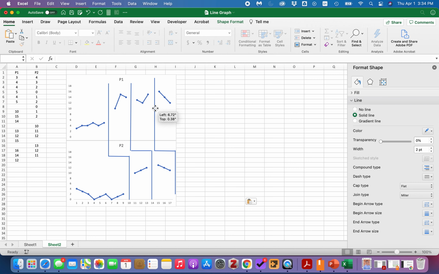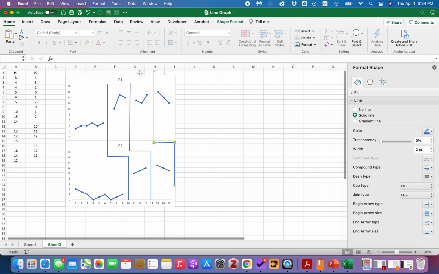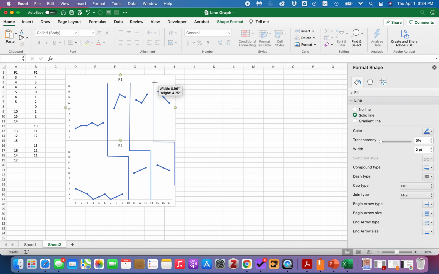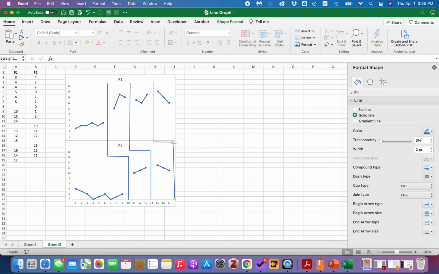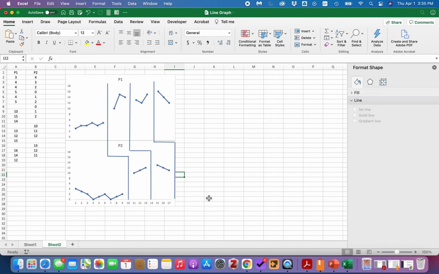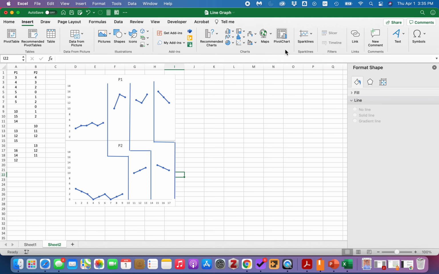Okay, so I'm gonna actually do this. Then make this one shorter. And this one a little bit longer. It gets messy. Okay, so I could spend time to make that look prettier, but this will give us a good idea. So then the only other thing I'd have to do is insert some of those text boxes,